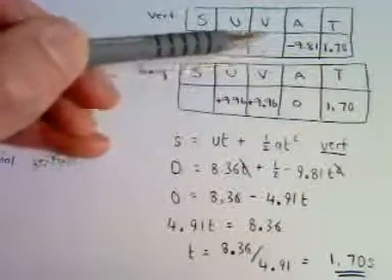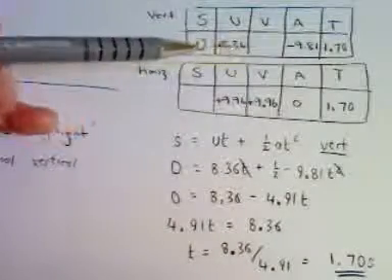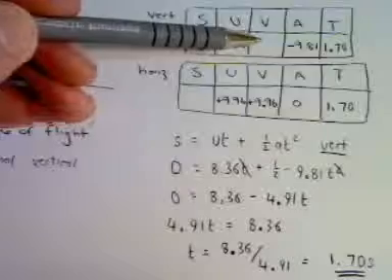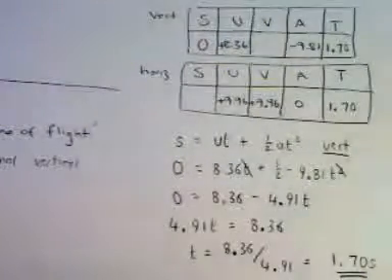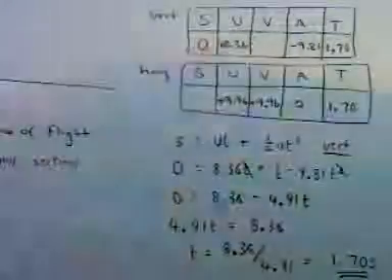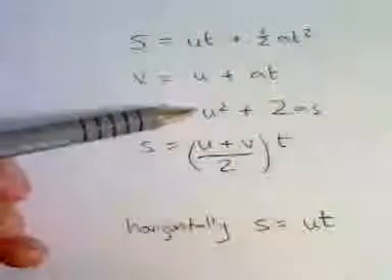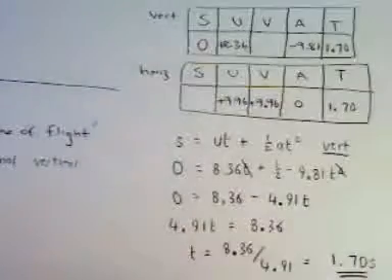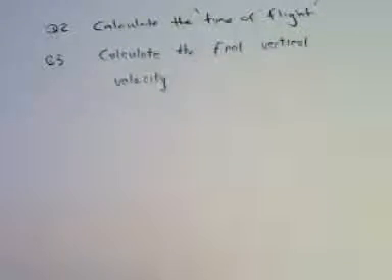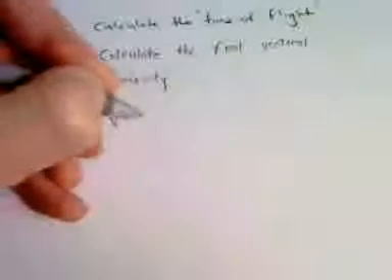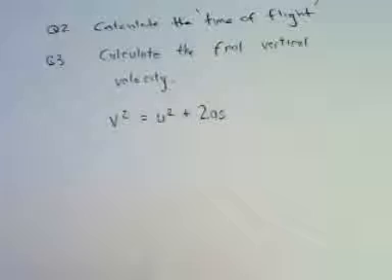final vertical velocity here. If we hadn't already calculated t, if we had had a, u and s, then we could still calculate v, and we'd need the Suvat equation involving s, u, v and a. Just refer to the Suvat equations here. You'll see it's this one, v squared equals u squared plus 2as. So if we apply this one here, just creating some space here, v squared equals u squared plus 2as, and